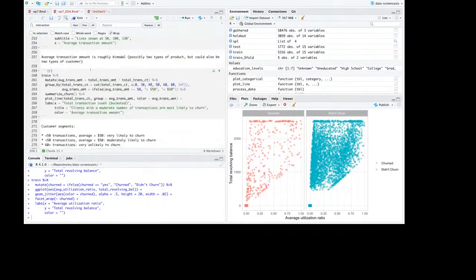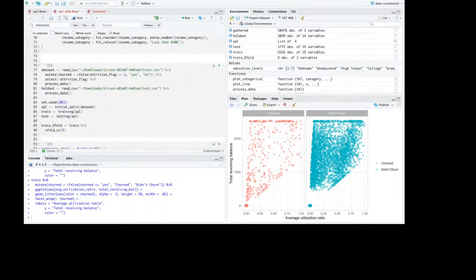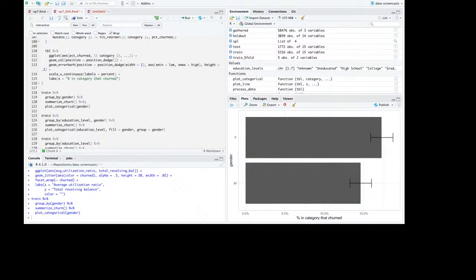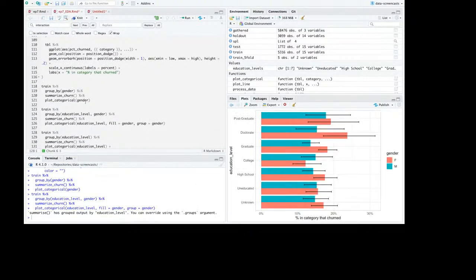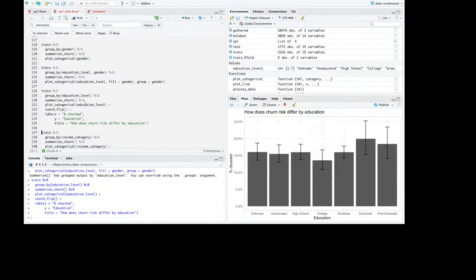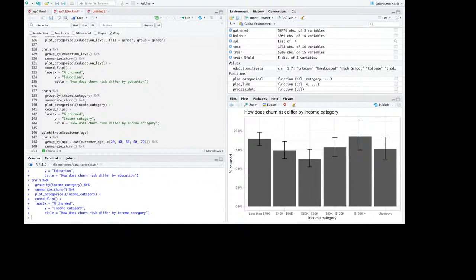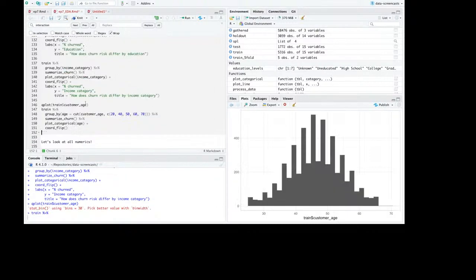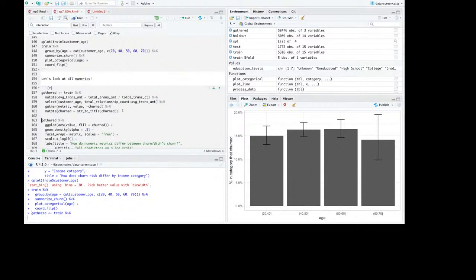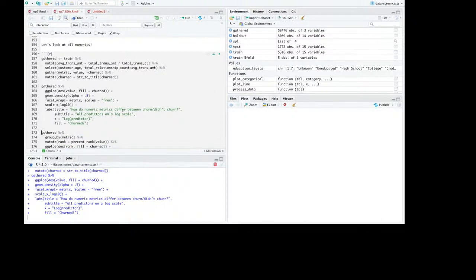But yeah, let's actually go through all the things that we learned in our EDA. First we tried looking at gender and education. Didn't see much there. Looked at it by education and saw maybe a dip at college, but not a very strong one. A bit of a stronger dip on income that could pop up in other areas too. We realized there was not a really strong effect of age. So then we took a look at all the numeric ones.